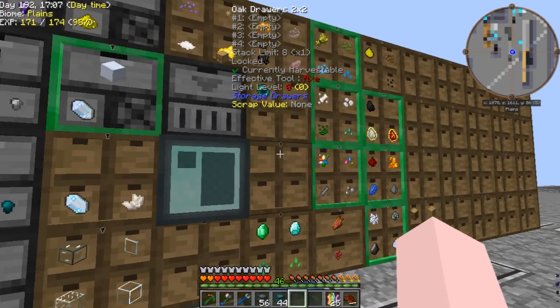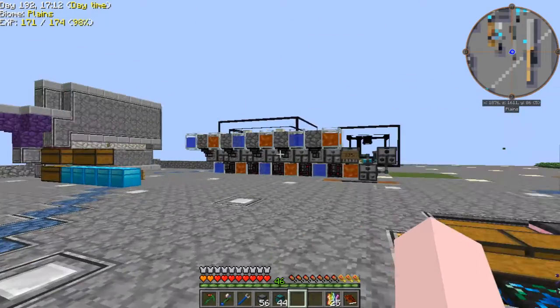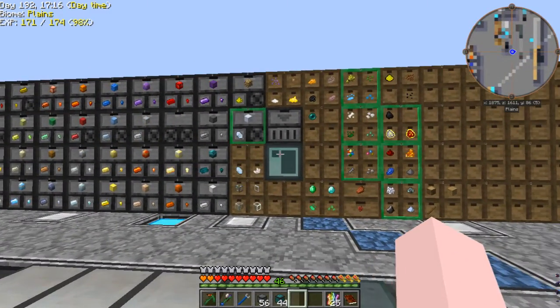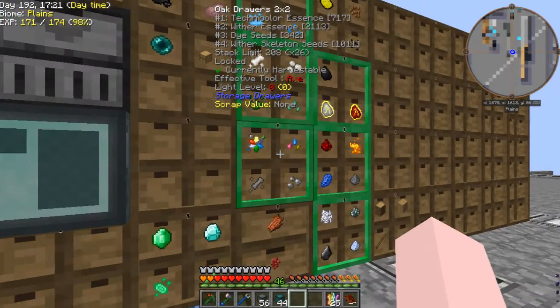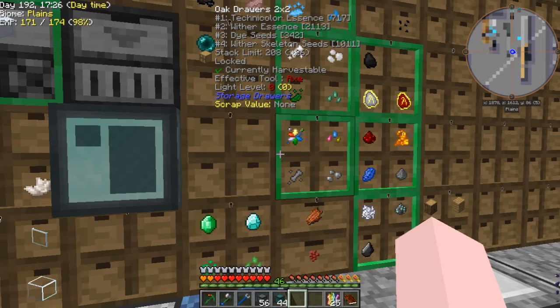So I really do like storage drawers in general, but I wanted to show this mod off so it's not just for making compressed cobble. It actually is a very good storage system, and it works quite well. Oh, notice some of these have a green frame around them. If you right click on here,